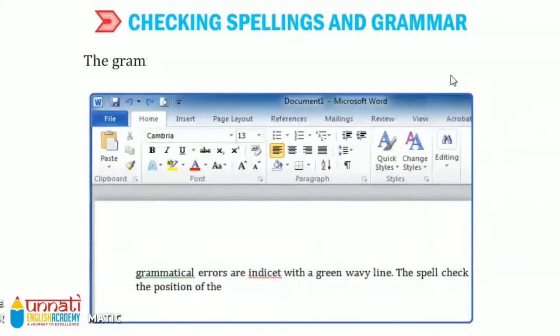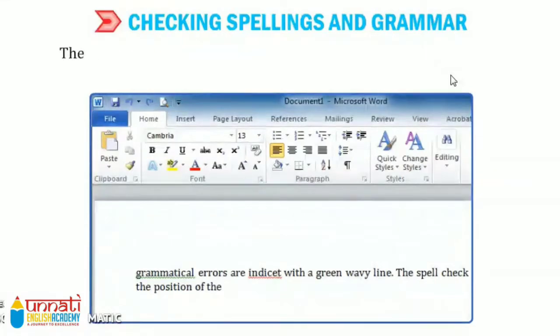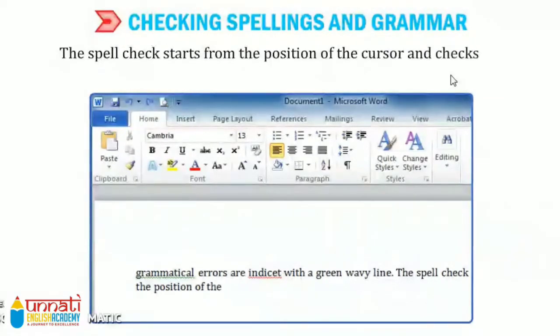So red wavy line means what? Spelling error. Now, grammatical errors are indicated with a green wavy line. So green wavy line means grammar error. The spell check starts from the position of the cursor and checks the complete document.